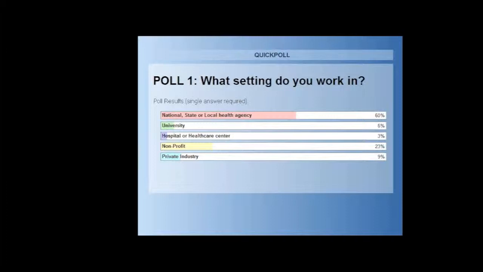So universities can use it as a teaching tool, state health agencies, if you're on the local level, can use it to develop messages, as can national, but national and state level individuals often will find that they can help promote it to the local groups that are in contact with the audiences that are really going to benefit. So there's quite a bit of spread on what you can expect from this tool, so we're happy that we have that wide audience.